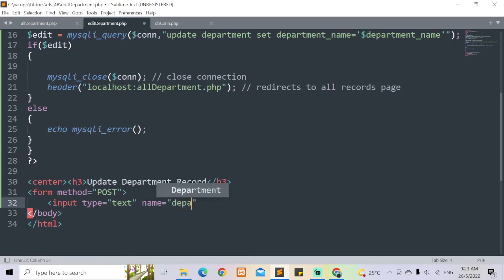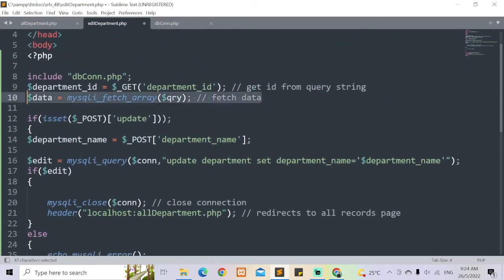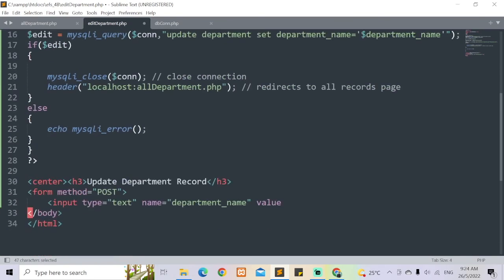Let's say this is the department name, and then the value, right? It should be the data that you enter. So we already created, if I'm not mistaken, yeah, we already created this one. This is to fetch the data from the database. So get the data from the database. So just put the value here is equal to